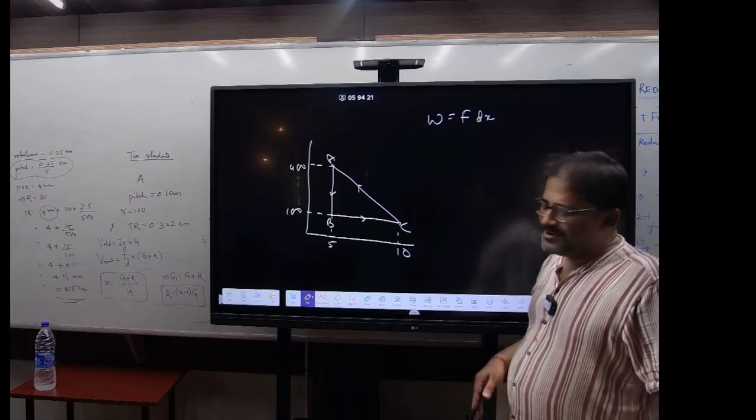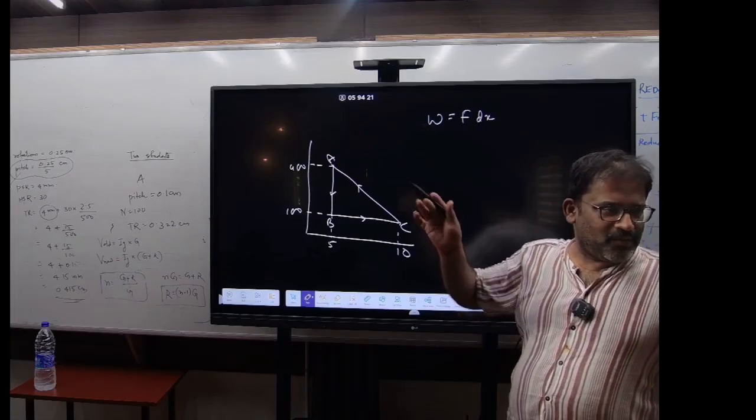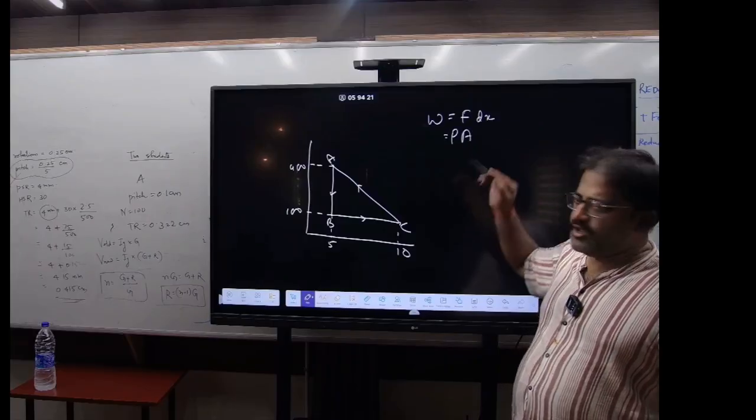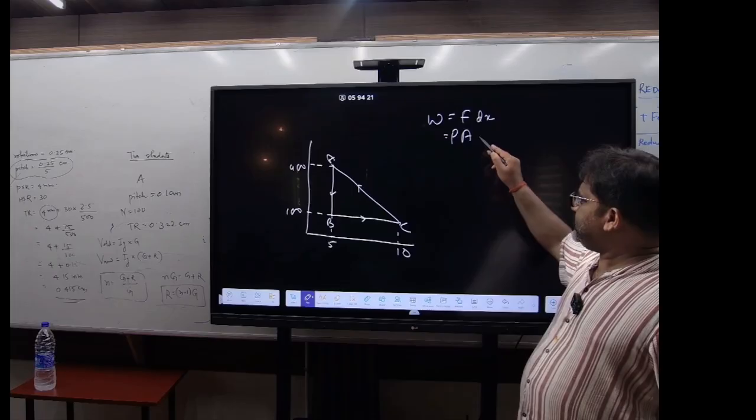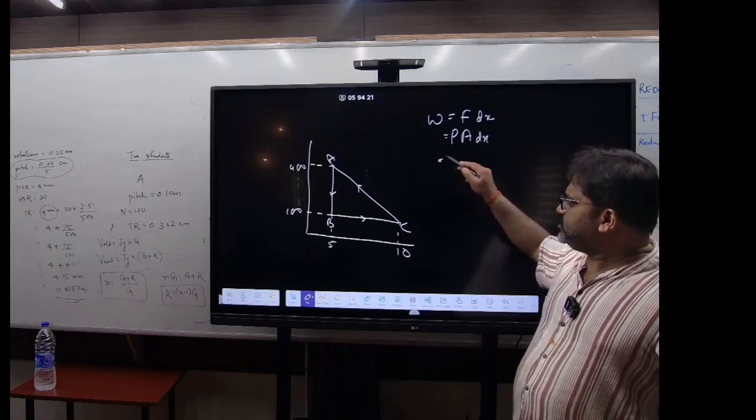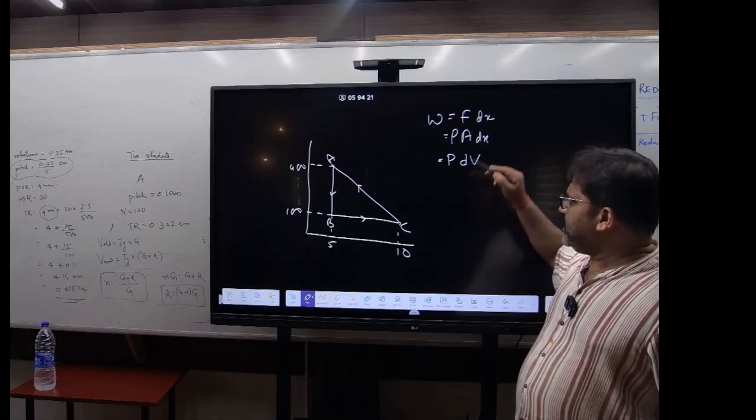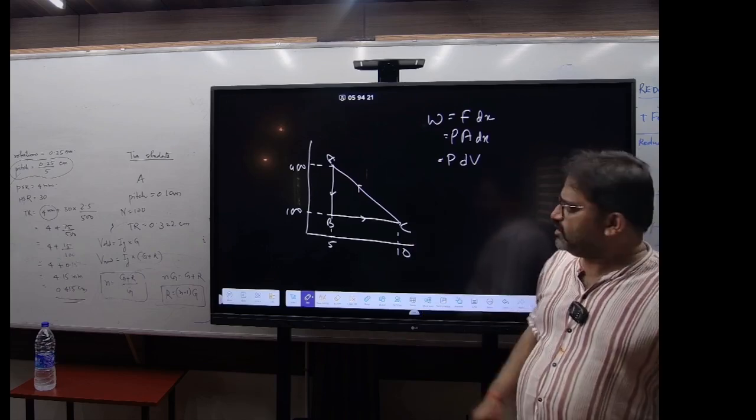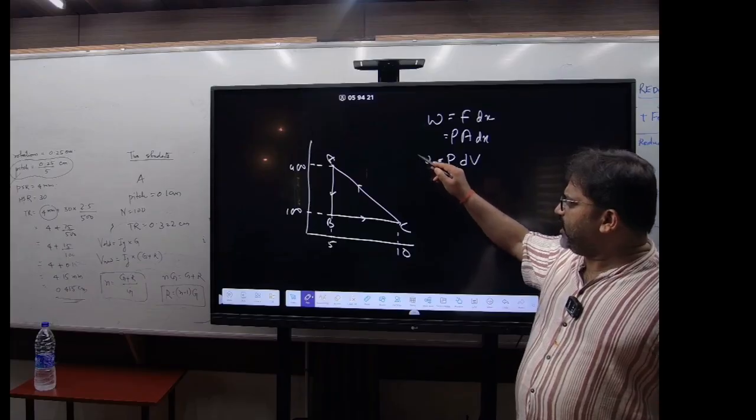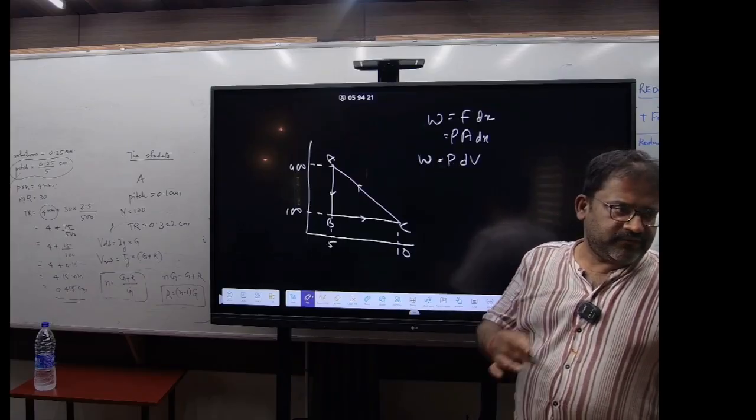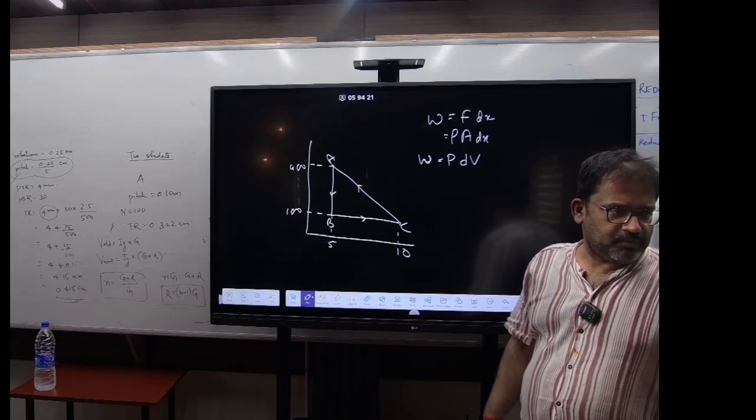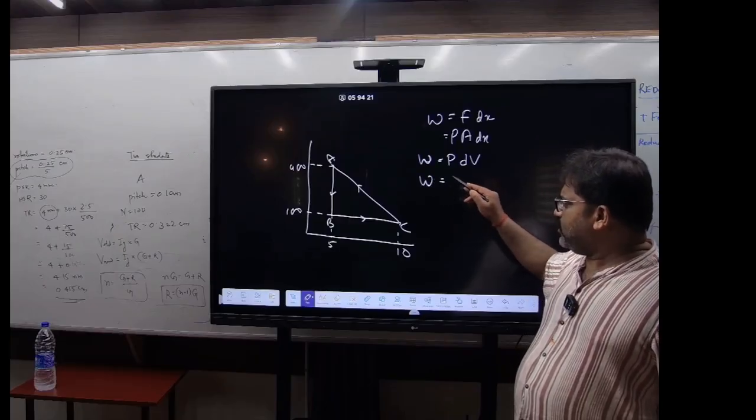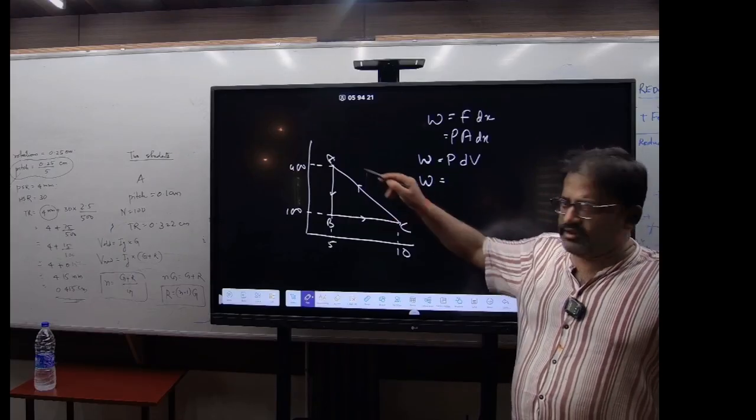Now, F dx is the work done. But what is F? It is pressure into area, into dx. Now, what is dx? It is a change in volume. So we can take it as P into dV. Now, when you go for the graph, remember that product indicates area, division indicates slope. So the work done is equal to the area of the triangle,